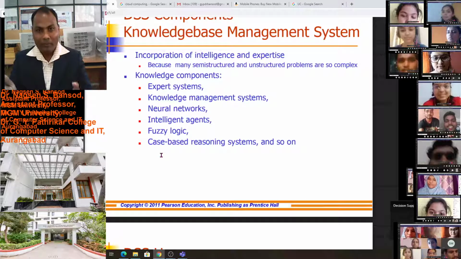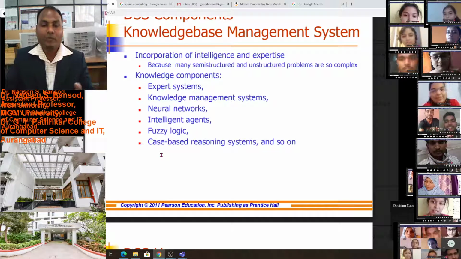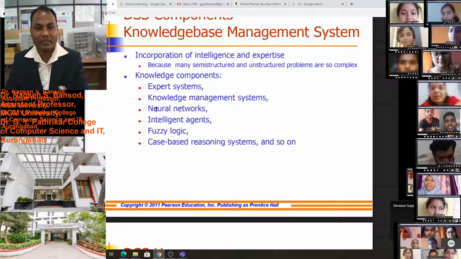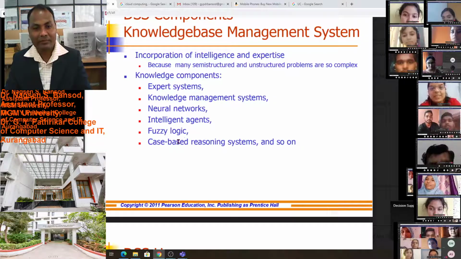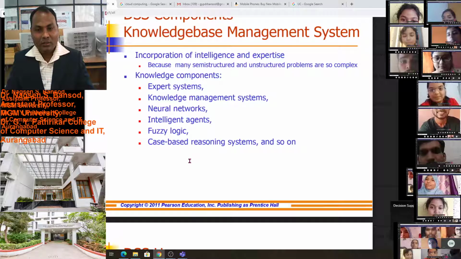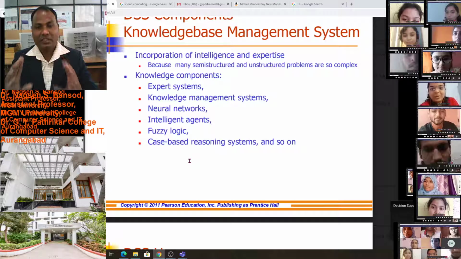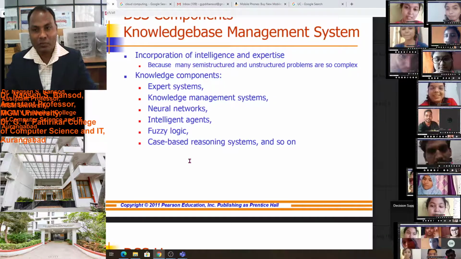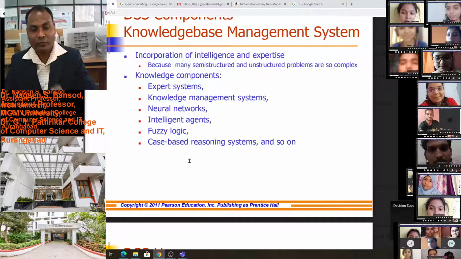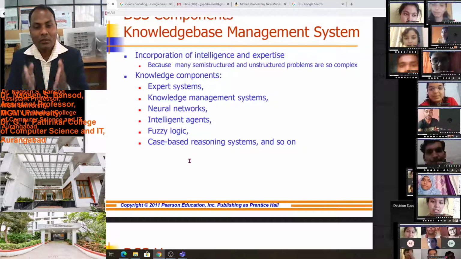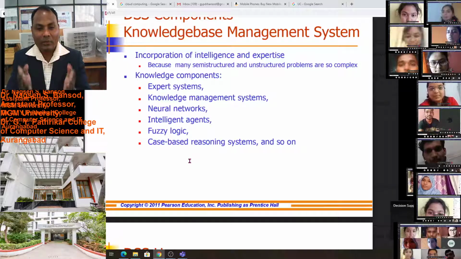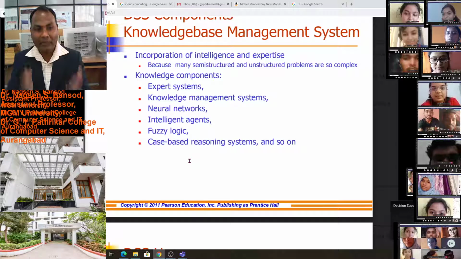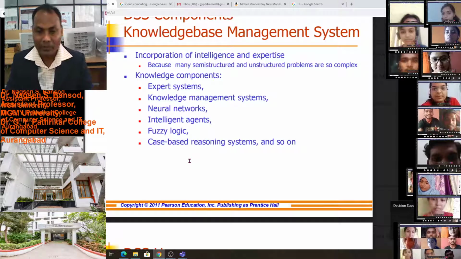According to the problem, how our system should respond will happen if we use all these components: expert system, neural network, artificial intelligence, fuzzy logic. So our system will respond according to the problem, according to the case we are handling, according to the need of the case. This system will auto respond to the manager, employee, customer and the company owner.